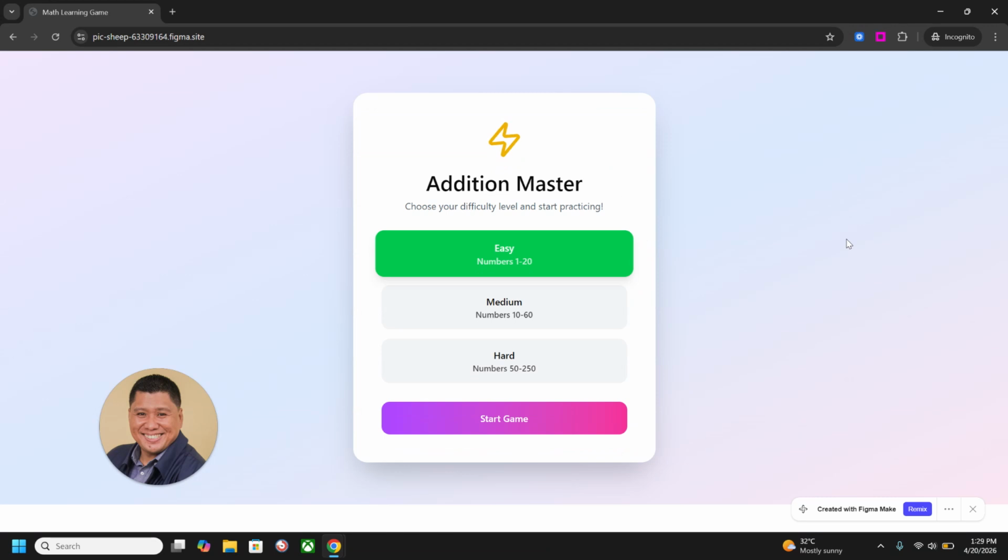Again, this is very useful if you want to create more personalized learning materials for your students. Figma AI is one of the tools that I utilize for my workshops and my classes. And as you can see, it's easy to do. As long as you have your prompting skills and you have ideas how your application will look, it's very easy for us to make.